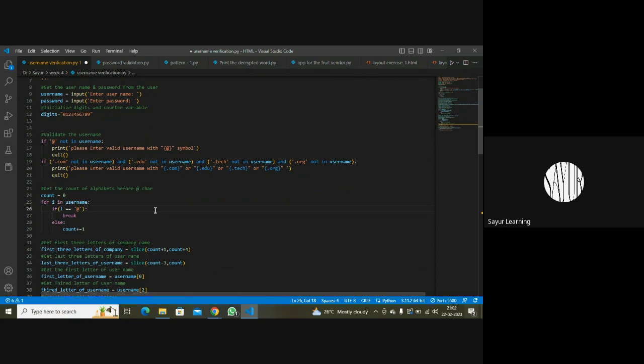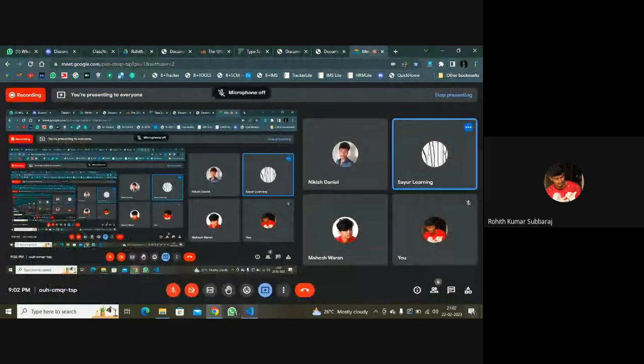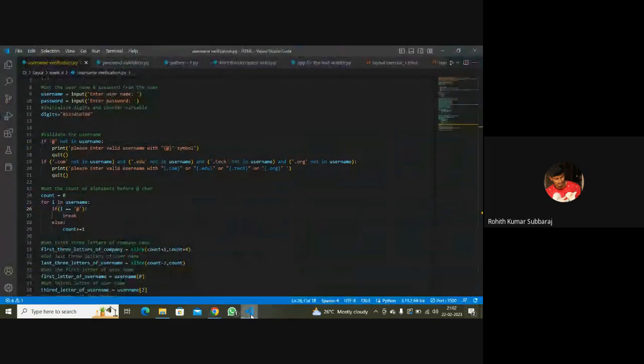So how do you replace line number 25 to 29 with the string function? Find out on Google. You guys can Google and tell them which string function to use. Did anyone find?